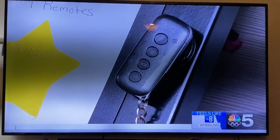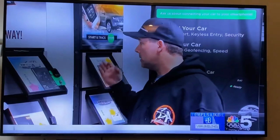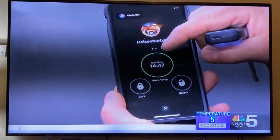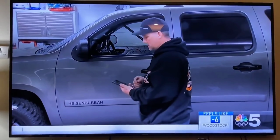The first is to install what's called a starter disabler, and it's pretty universal. We install new aftermarket systems, and we disable them from communicating with each other. So the factory remote can't communicate with the new remote, and the new remote can only communicate to the factory system. He says the alarm system can be paired with an app that can basically serve as your car key. I tell customers that if they get carjacked, don't panic. Just go in your Drone app, wait for that engine to show that it's off, press lock, car will never